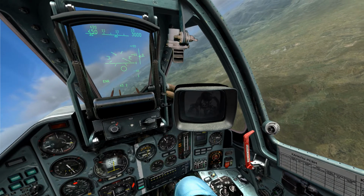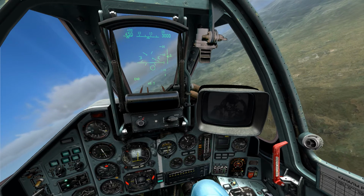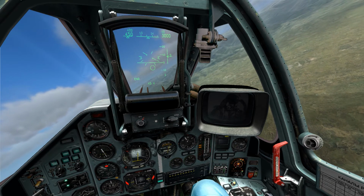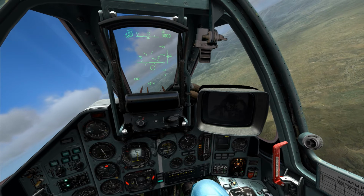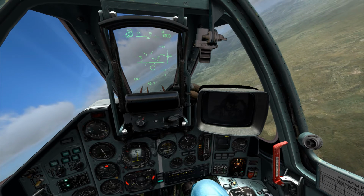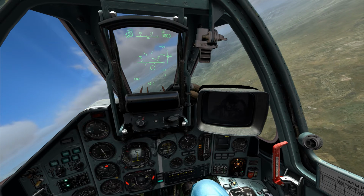Another way to beat a missile is outmaneuvering it. Like I said, they have an effective engagement envelope, and that's based on how much fuel they have in them and what altitude they're being fired from. Now, a ground-based SAM is being fired from the ground, so it has to use up a lot of its fuel to get airborne to begin with. So if you're starting from a very high altitude and they fire a SAM at you,